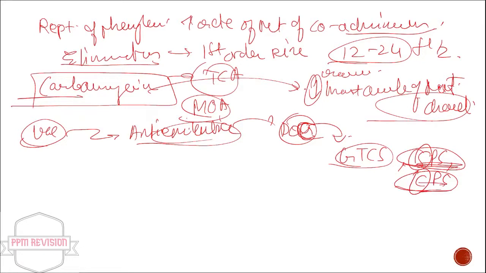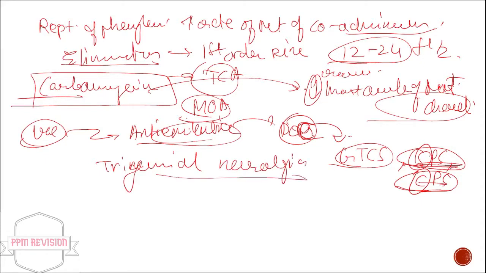And it is a drug of choice in case of trigeminal neuralgia. These all are common uses, neuralgia, and in treatment of acute mania also it is used, and also bipolar disorder,